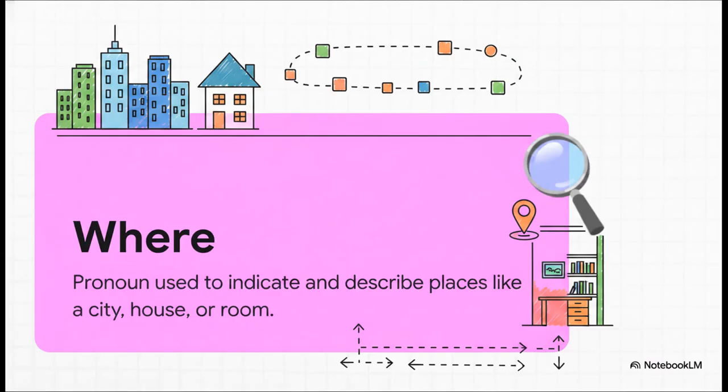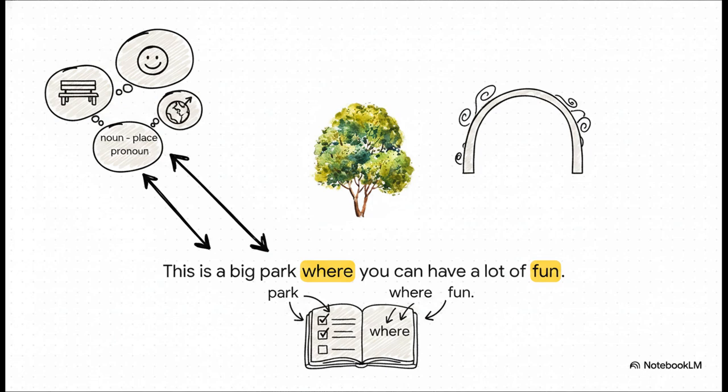Let's get our terms straight. Where is an adjective clause pronoun that we use to indicate and describe places. We're talking about a city, a house, a room, literally any physical location you want to talk about. Having this foundation locked in just makes the execution incredibly simple later on. Let's actually see this rule in action. Take our master sentence here. This is a big park where you can have a lot of fun. Remember those 3 steps we just talked about? We identified the noun, park, realized it's a physical place, picked our pronoun where, and boom, combined the thoughts beautifully